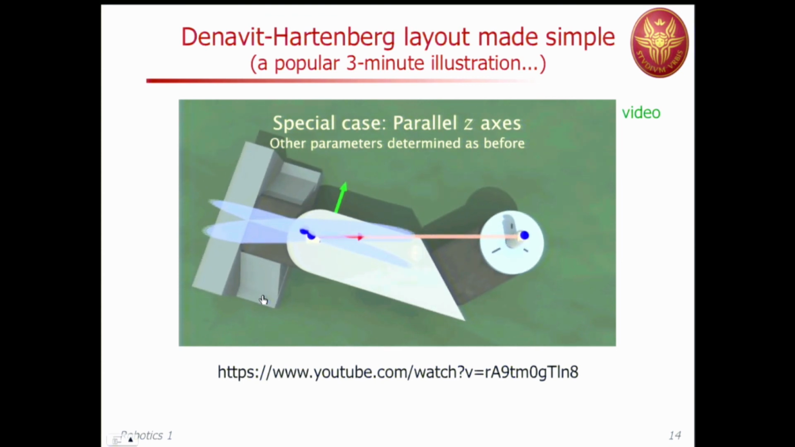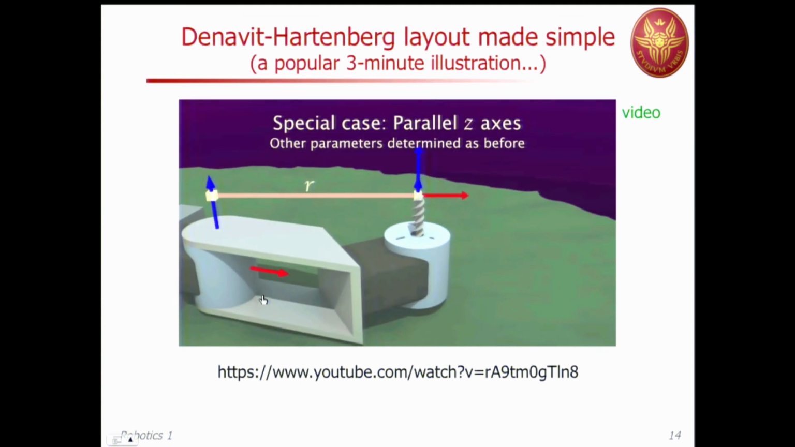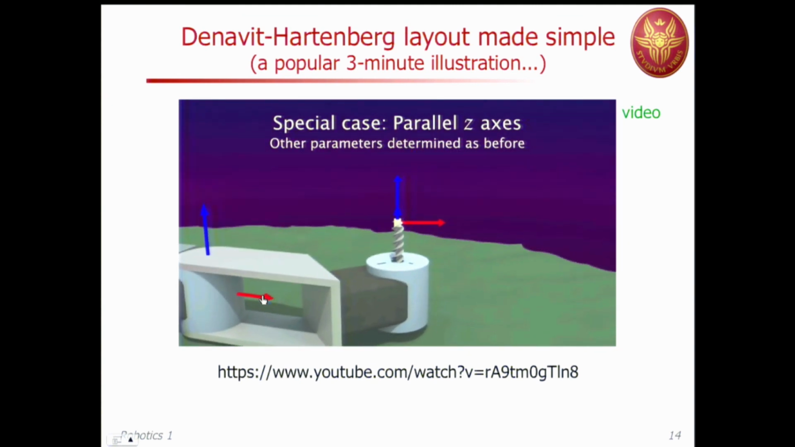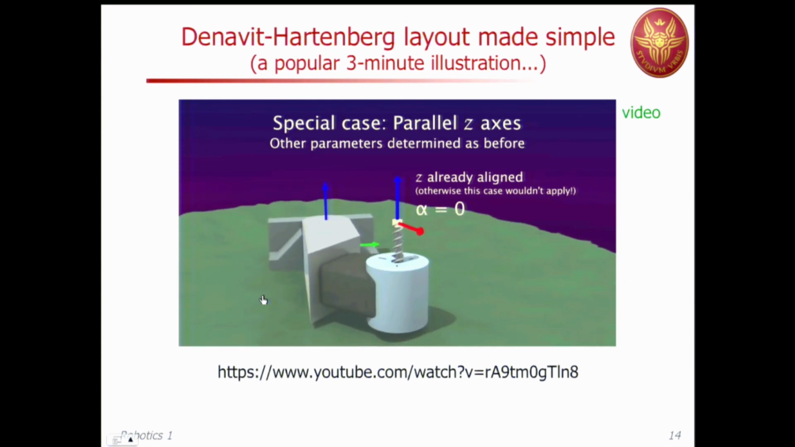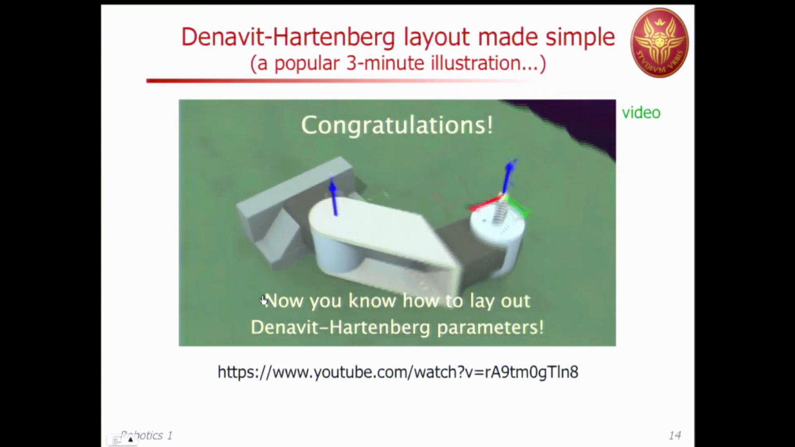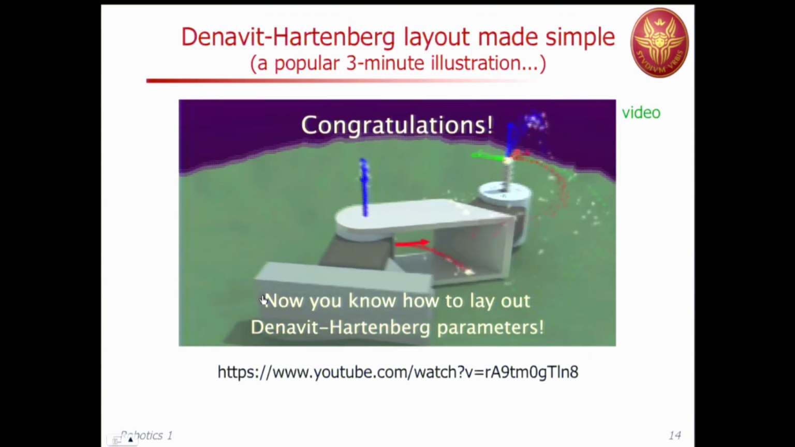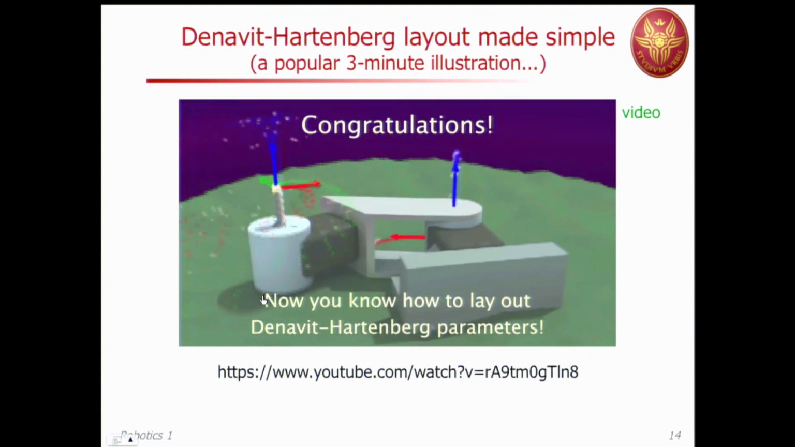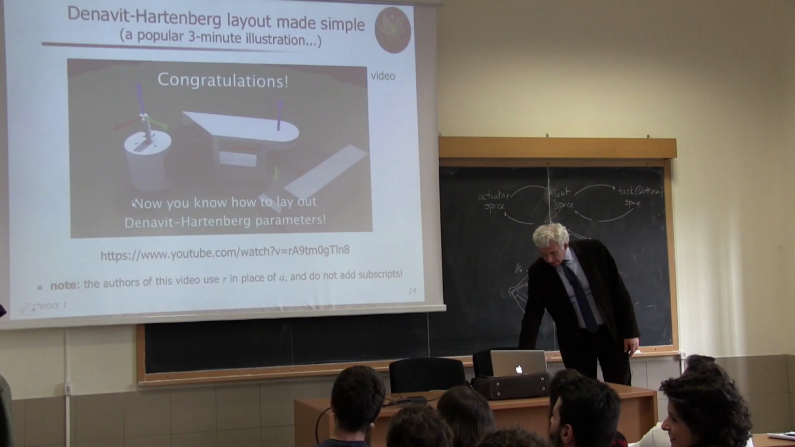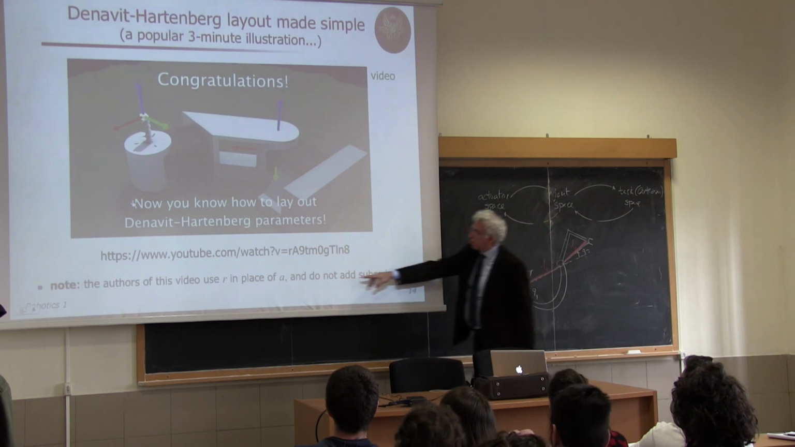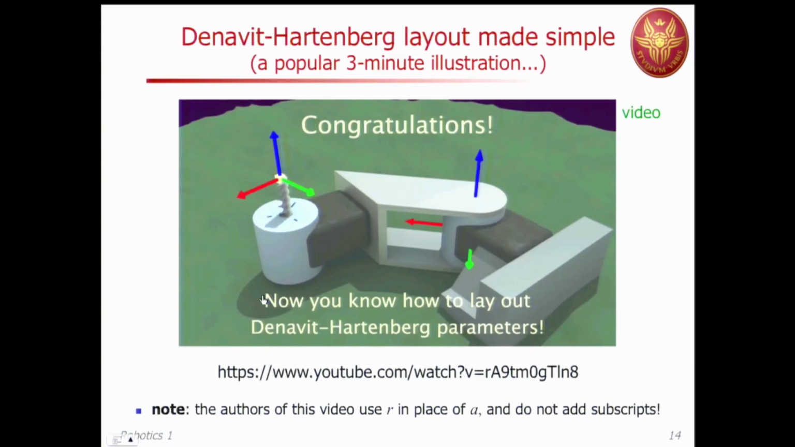This is theta. This is r, our a parameter, constant. And alpha is 0 because we are considering that they are pointing both in the same direction. And this is it. Okay? So you will see this at home. You have this in your package. And just note that the authors of this video use r in place of our a, and